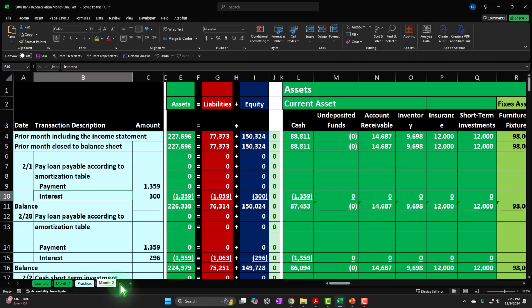Month 2 tab, the one that we will be working in, is the current month of operations, where we started with a blank worksheet but are basically working within a template at this time. However, we will be adding to that template as needed as we go, practicing our Excel tools and formatting as we do so. Let's go to the example tab to get an idea of what we will be doing,